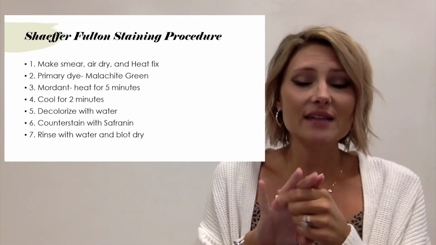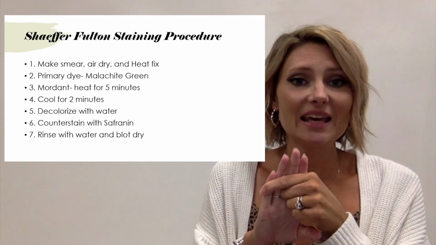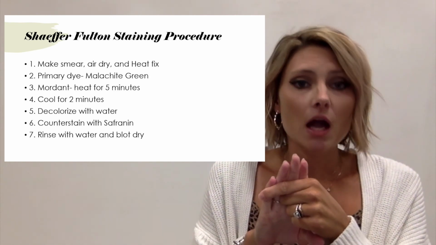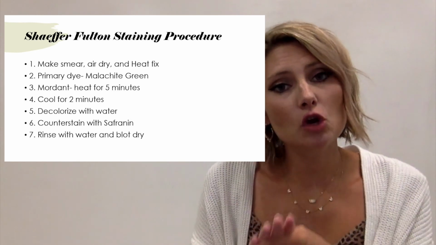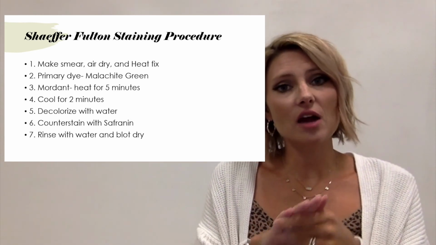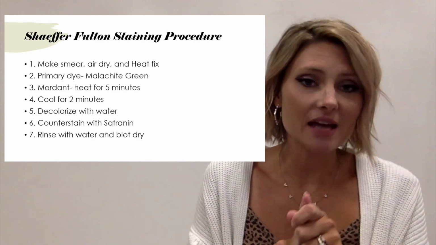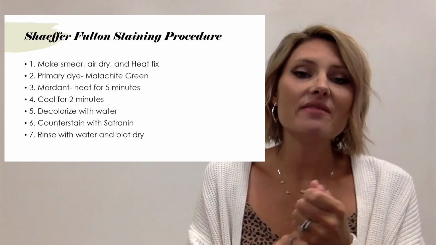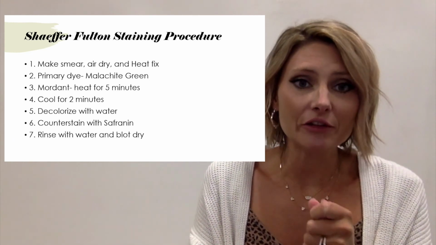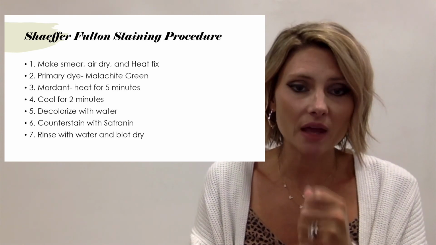And then the counterstain, or secondary stain, is Safranin. So at the end of it, if it's done correctly, the vegetative cells are pink/red from the Safranin dye that dyes them, and then the spores are the malachite green, which is the primary stain. Okay, so